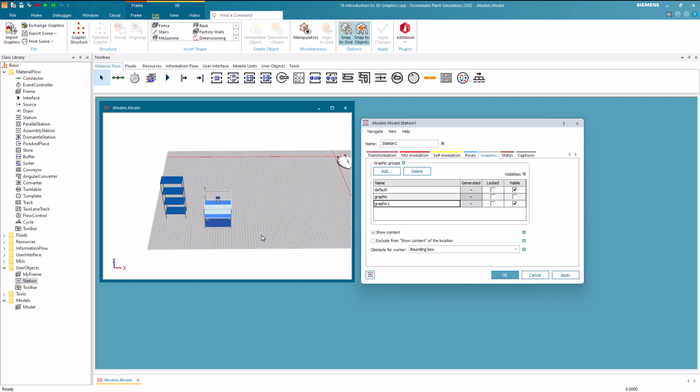Next to the visibility, we can also select Locked. This basically sets if selecting and transforming the graphic group in any 3D window will be prevented or not. Keep in mind that changing this setting cuts graphic inheritance. To showcase this, we will open the inserted instance in a new 3D window.